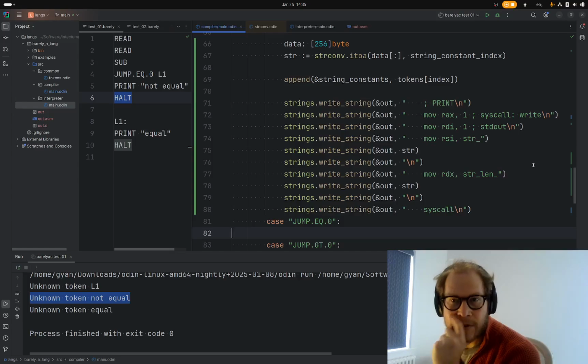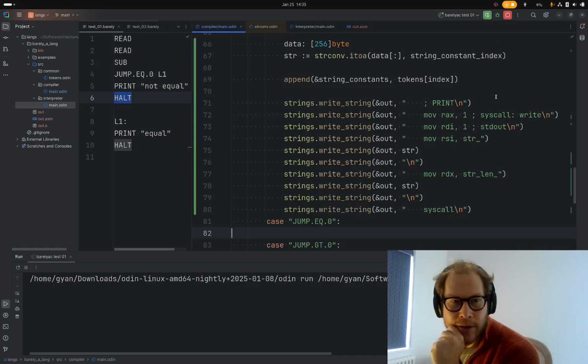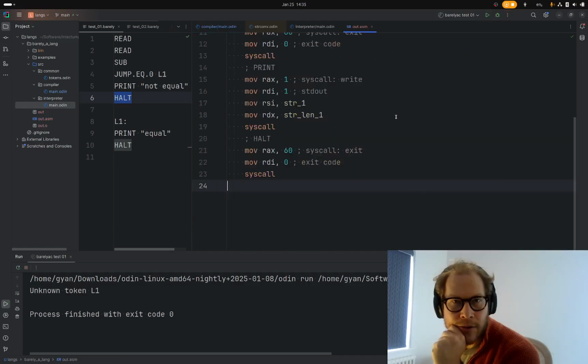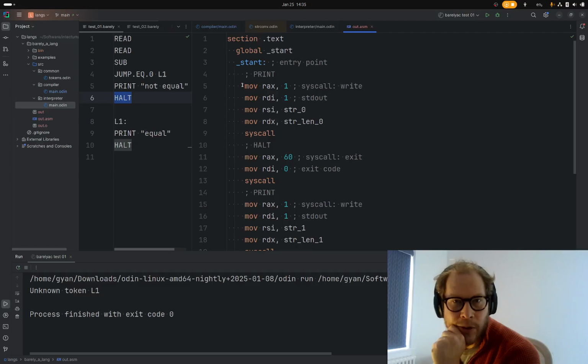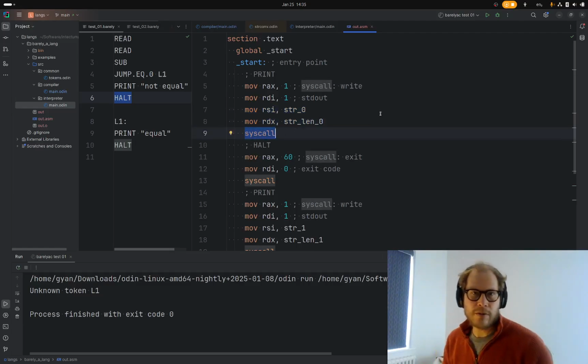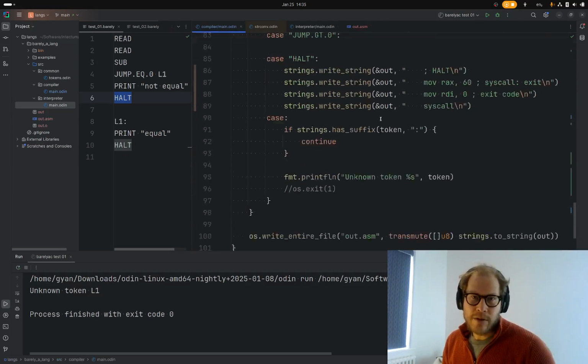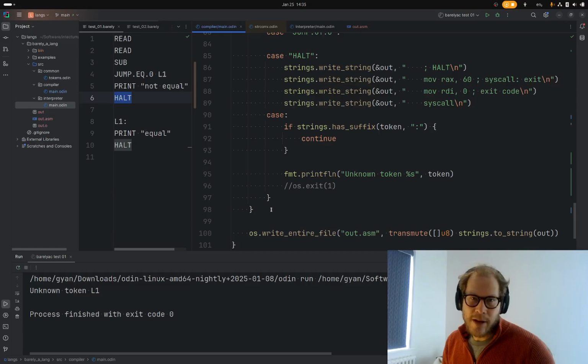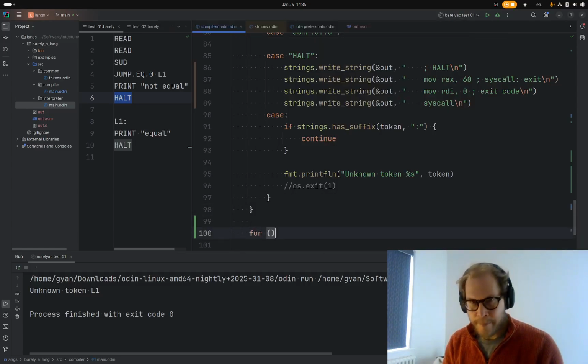Like that. So that's our print. So if we run that, we get a print which does a write to stdout with str0, strlen 0, and then syscall, which looks right. It's within the text section. And now what I want to do is see if I can then just